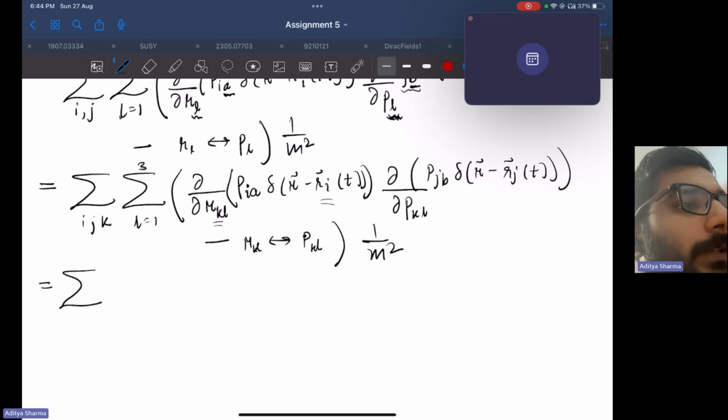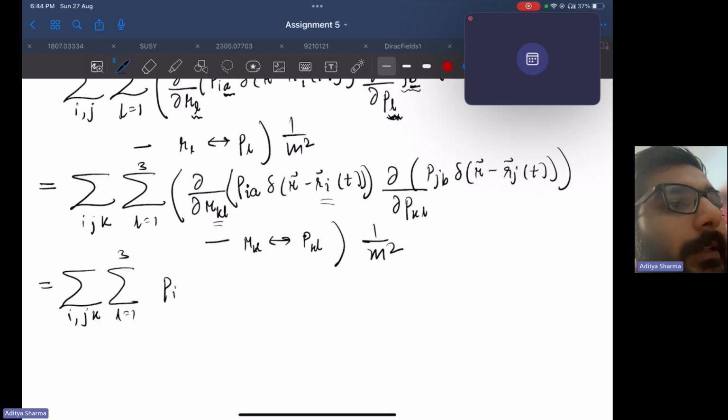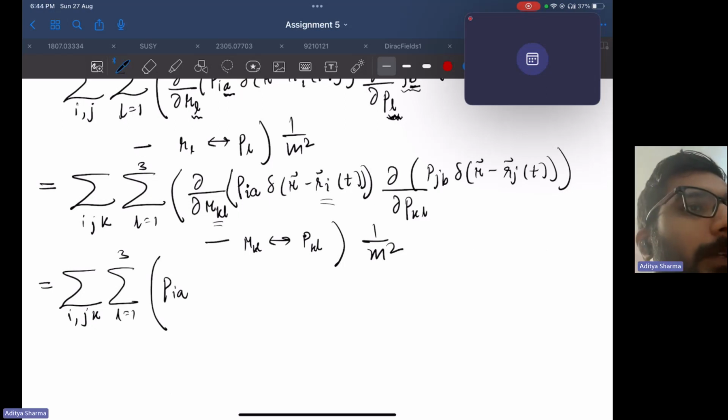So we'll have i, j, k, and a sum over L from 1 to 3. P_iA remains as it is, and this part will take the gradient, which acts there,